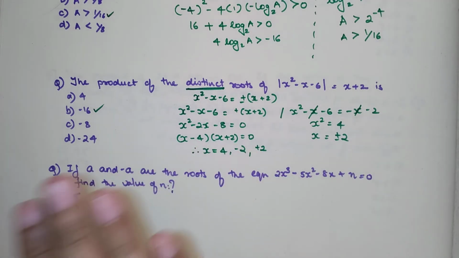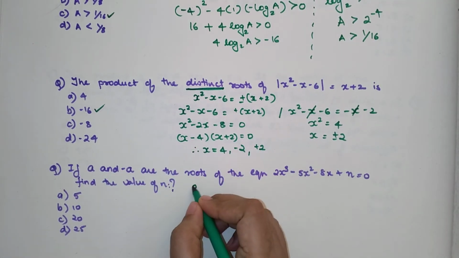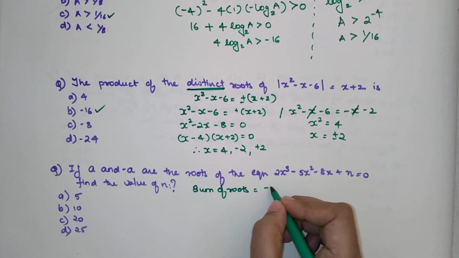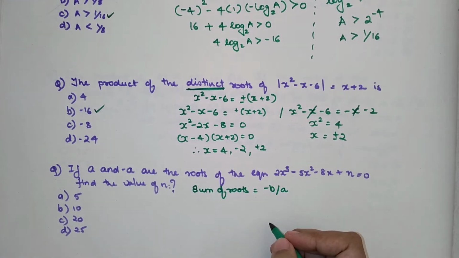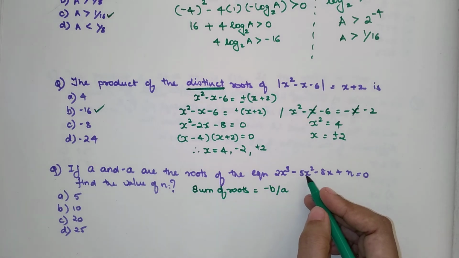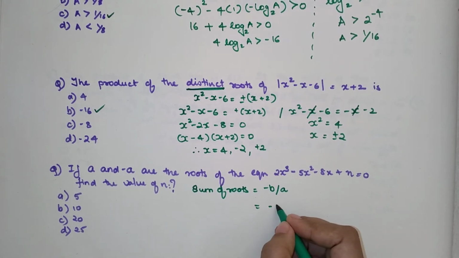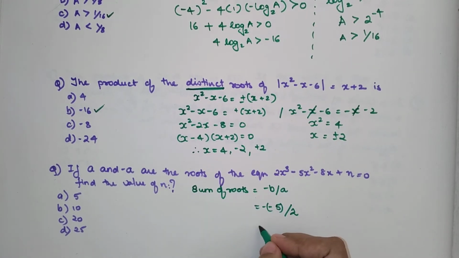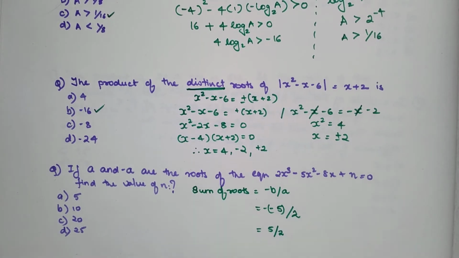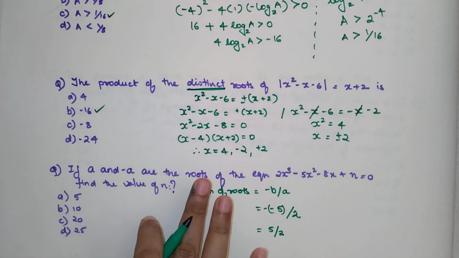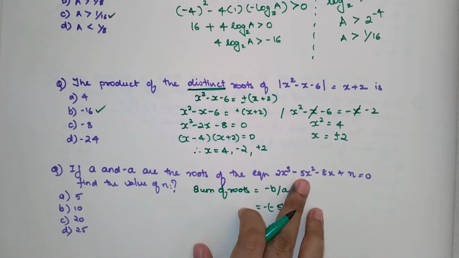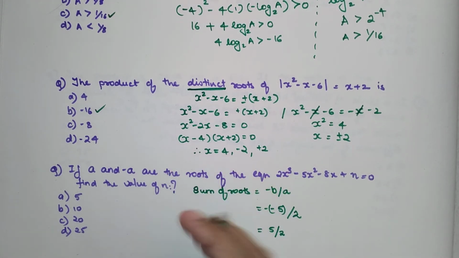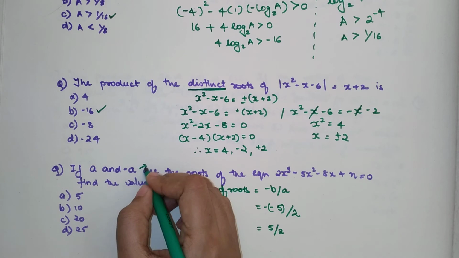The simple and the easiest way of doing things was, we know that sum of roots is equals to minus b upon a. Okay, now what is my b over here? My b over here is minus 5, so we get minus of minus 5 upon a, which is 2. So this becomes 5 upon 2. Okay. Now sum of the roots. Now the thing is, we have two roots. Okay. But since the highest degree of the polynomial is 3, we'll have 3 roots minimum.